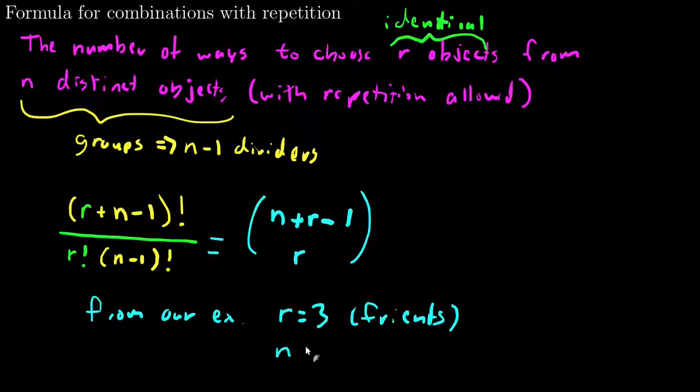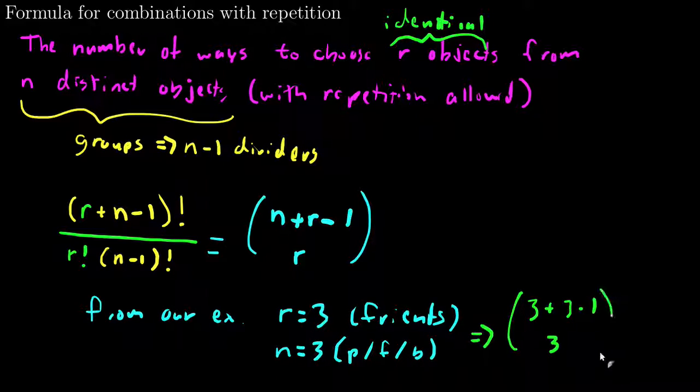So n equals 3 for the pizza, falafel, burger. And then this all gets us to the formula, 3 plus 3 minus 1, choose 3, which is 5, choose 3,